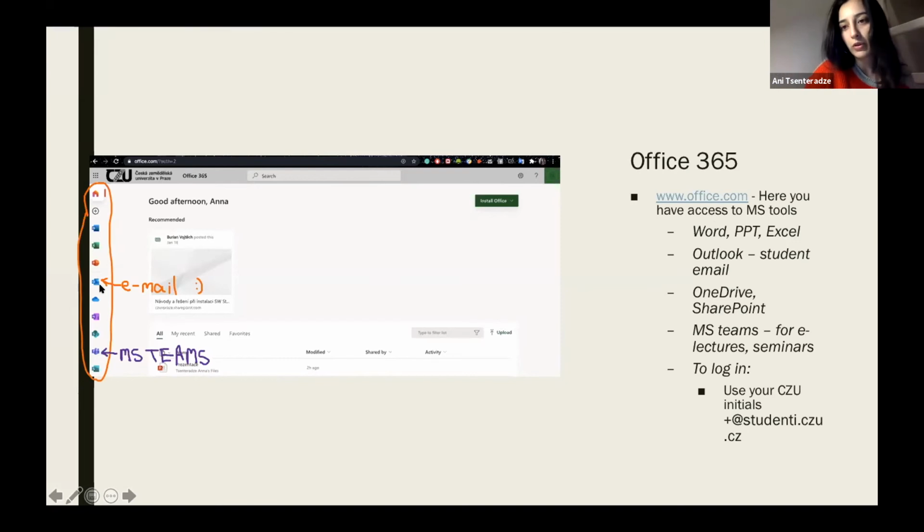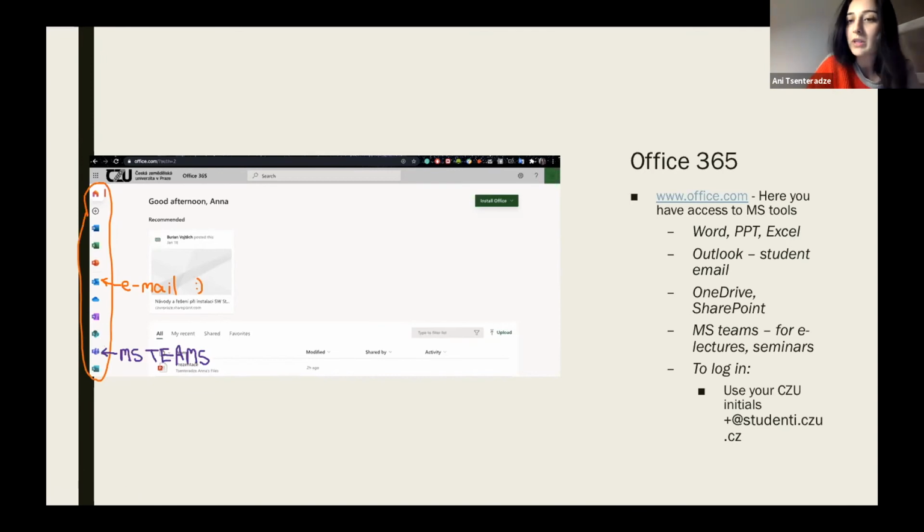On the email, you'll be receiving all the notifications from the lectures. Also, some of the exams have codes, like enrollment codes for some subjects, so you will be receiving those codes on your email too. And there is Drive also and MS Teams. Those are the most important.